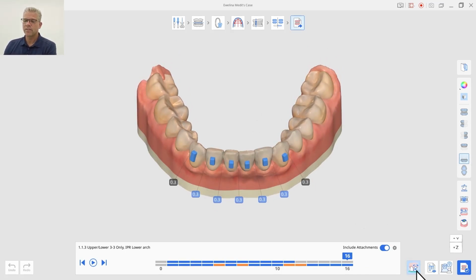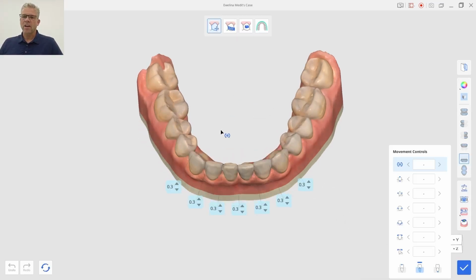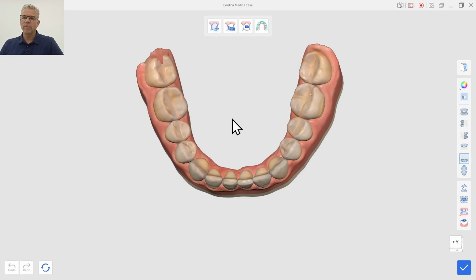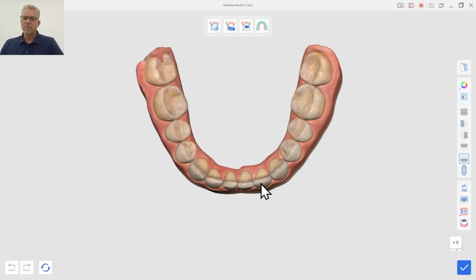So I'm going to use this tool down here. It says treatment refinement. If I want to include attachments or not, I have a choice to turn them on or off right here. But I can click down here on this treatment refinement tool, and I have the option of fixing the tooth movements, the final positions, adjusting any IPR or spacing in the case, and editing the attachments. So I'm going to go and do a little bit of tooth movement on this case. For example,